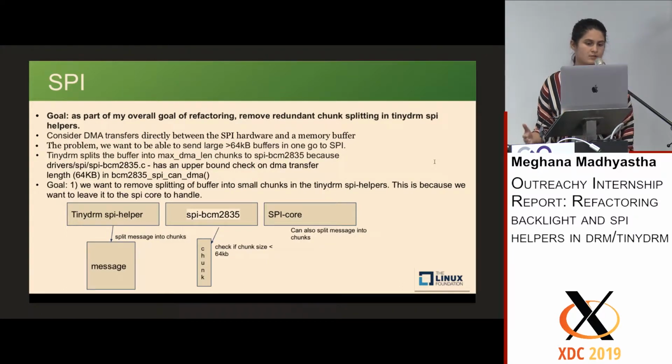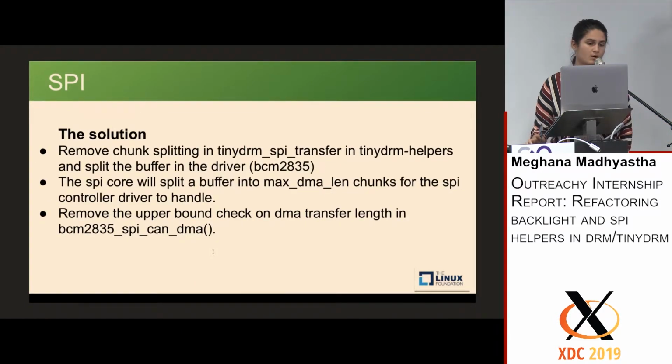So we want to remove this splitting in the SPI helpers because the SPI core does this anyway. The SPI core splits the messages, but the problem was that before the message goes to the SPI core, there was a check in the driver to see if it's less than 64 kilobytes. So what I did was remove chunk splitting in the tinydrm SPI transfer and split the buffer in the driver itself, the driver side code. The SPI core splits the buffer into chunks anyway, and I removed the upper bound check in BCM2835,